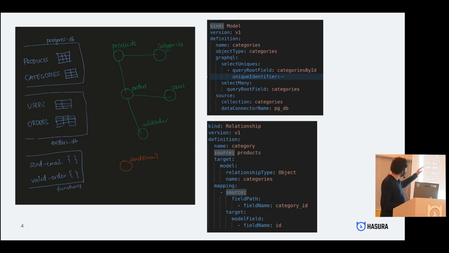So here's the thing. You would have noticed that these are just YAML files. The declarative approach is awesome. SQL, I'm a big fan of SQL. In SQL, you basically tell the engine, hey, I want this to happen, and the SQL engine goes and figures out how it should happen for you, right? And that's exactly what we do with a supergraph as well. So we declaratively define the entire data domain.